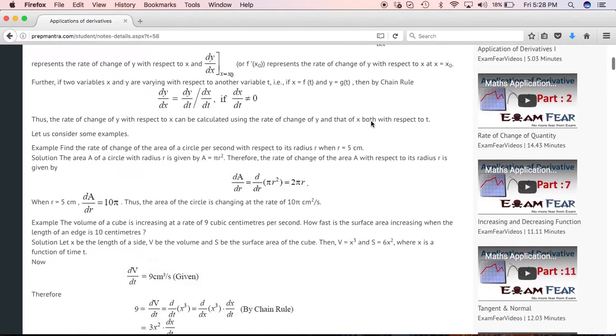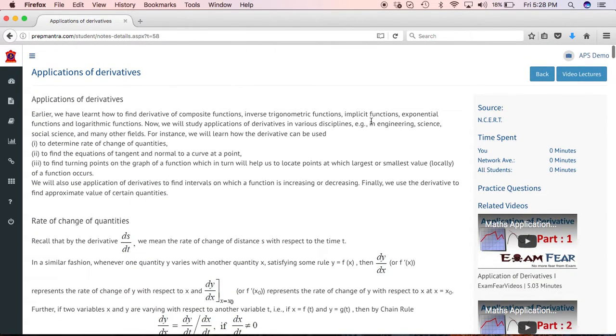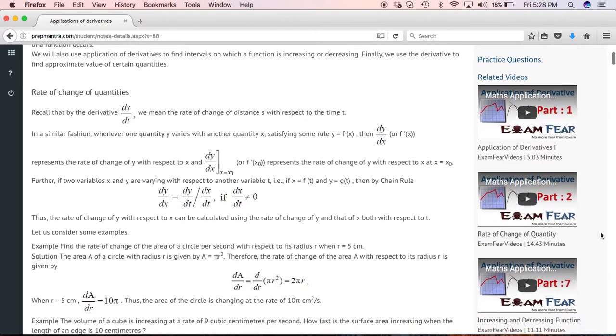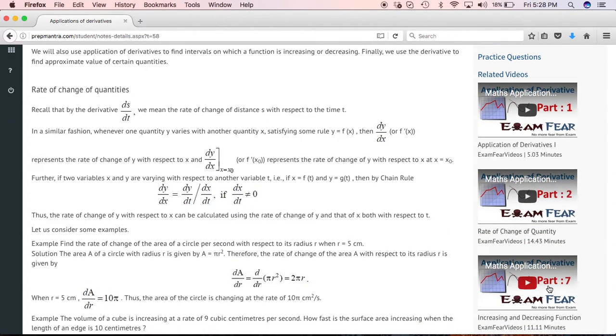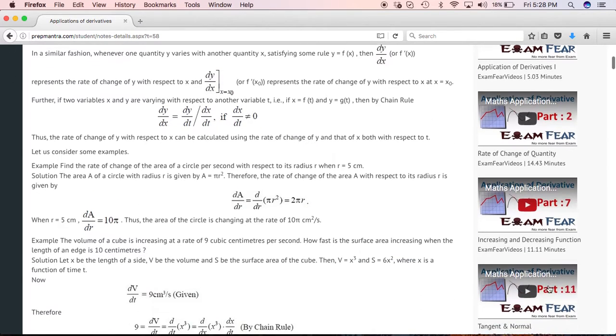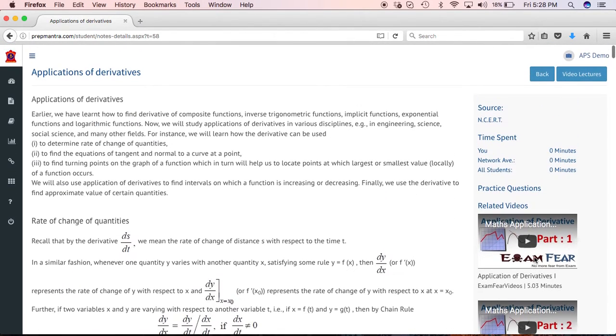they'll be able to provide you some help in terms of somebody teaching you or explaining to you that particular concept. So you can basically click on any of the videos to start learning about that particular concept. The details of the concept that is covered in the videos are given over here, in addition to who the source is, who the video has been made by, and what is the average time for viewing that particular video lecture. In addition to that, you can also click on video lectures on the top right hand side